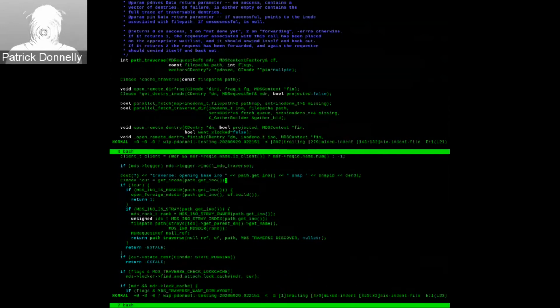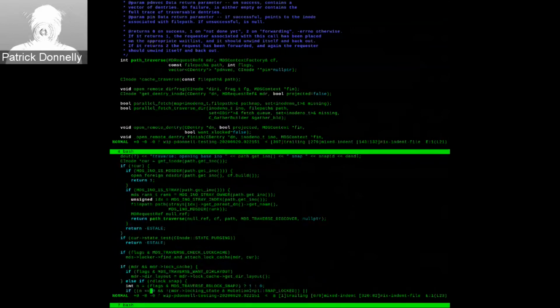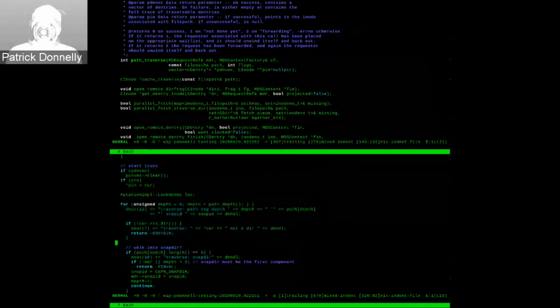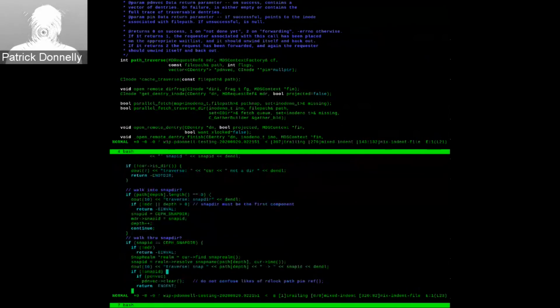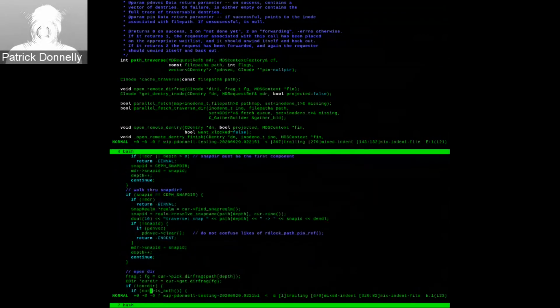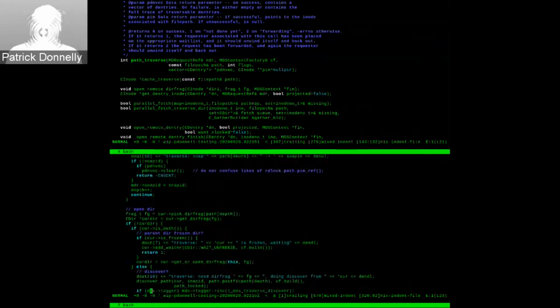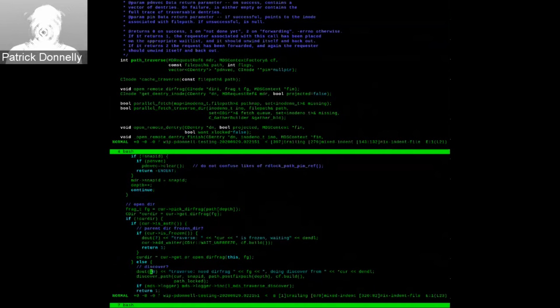So this is just going to get inodes and then recursively do path traversal as we peel off file names from the path. So this is all managed here, and there's a number of lock operations that we might need to do associated with traversing the path, and that's also bundled up into this method as well. For example, as part of path traversal, we might need to acquire certain read locks on a directory fragment as we traverse the path, and if we don't have it, then we need to retry. Similarly,